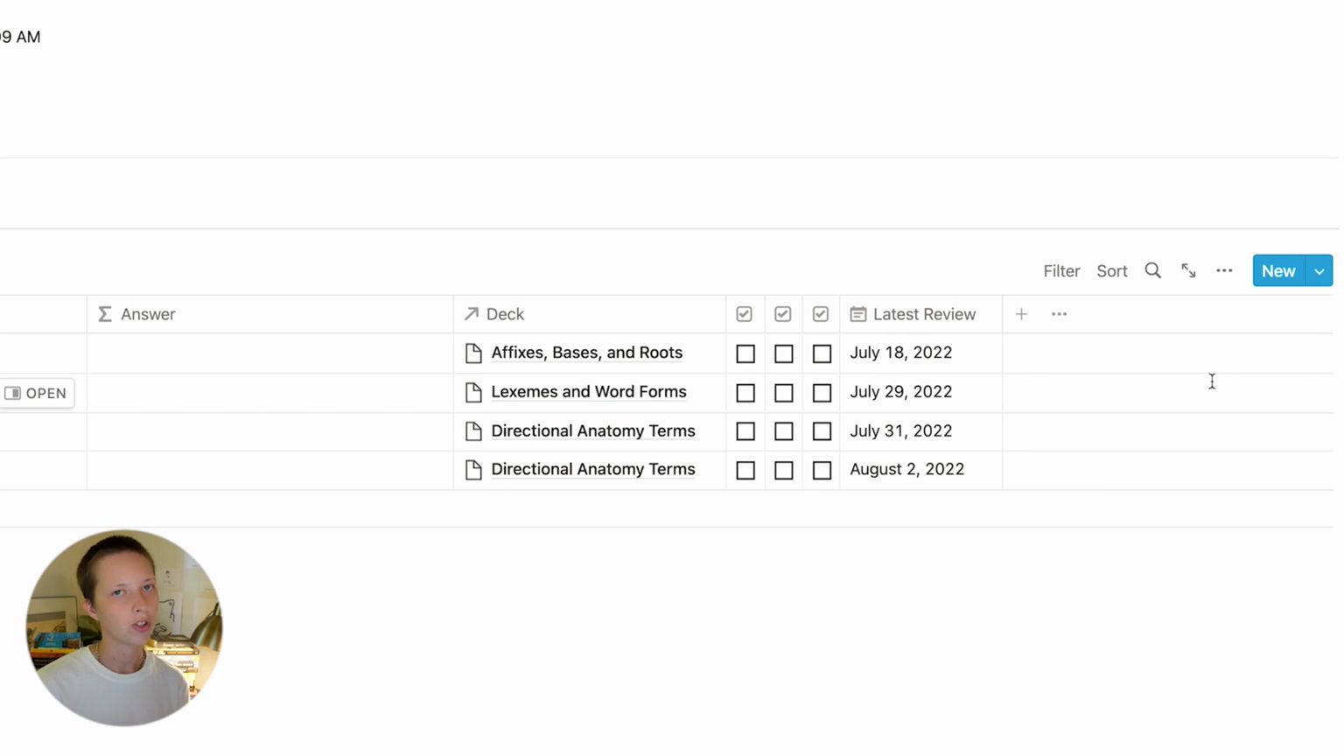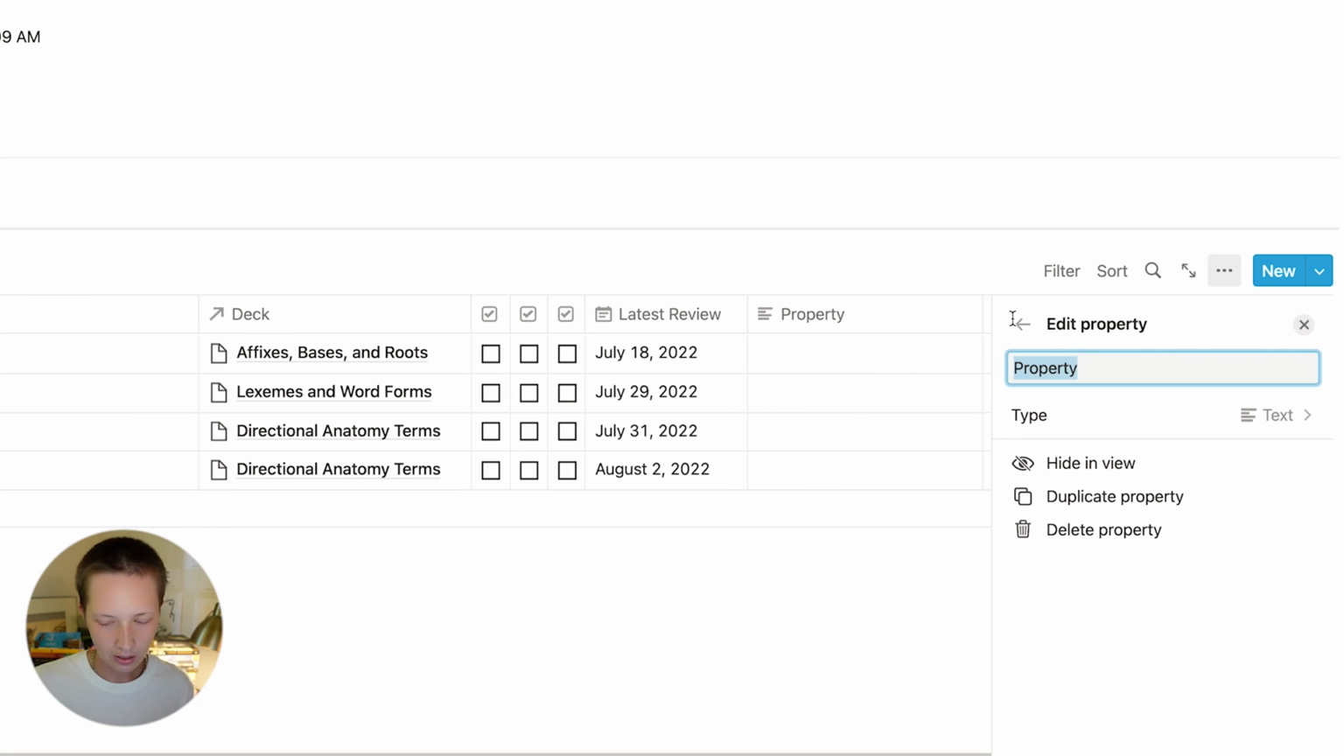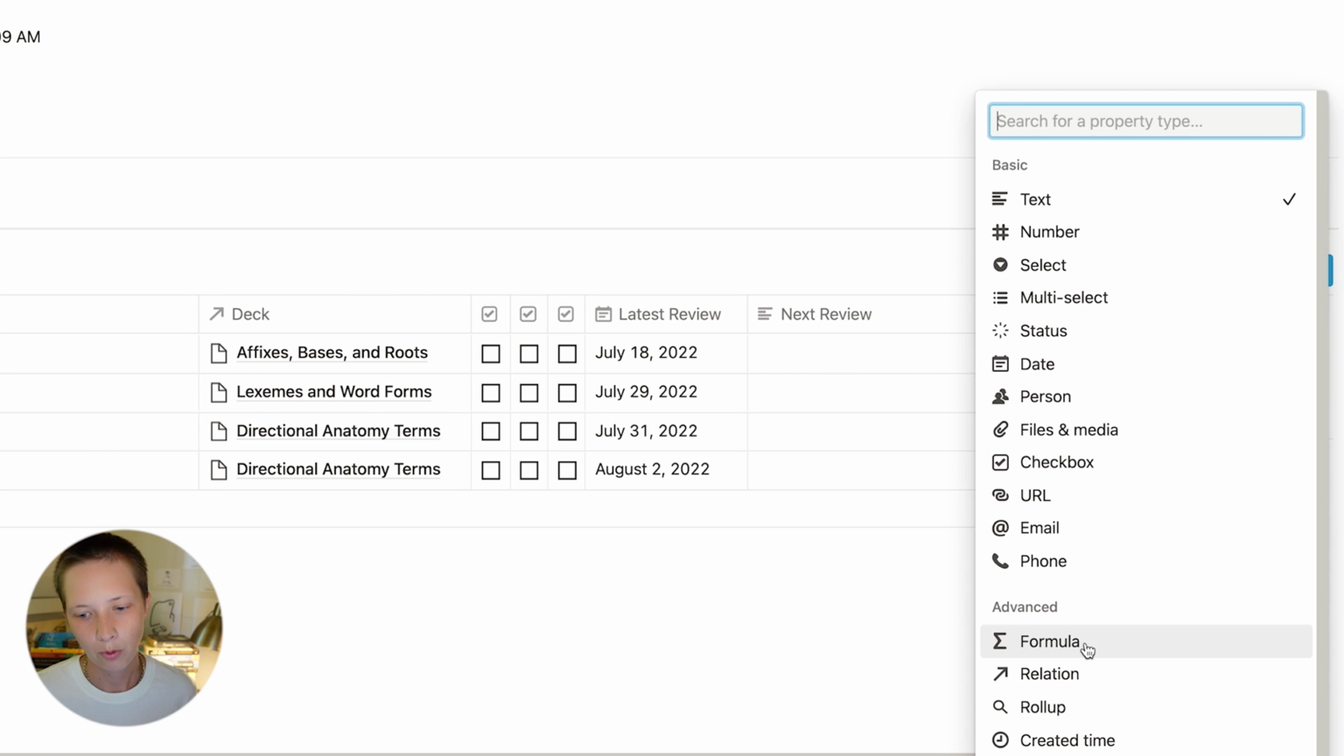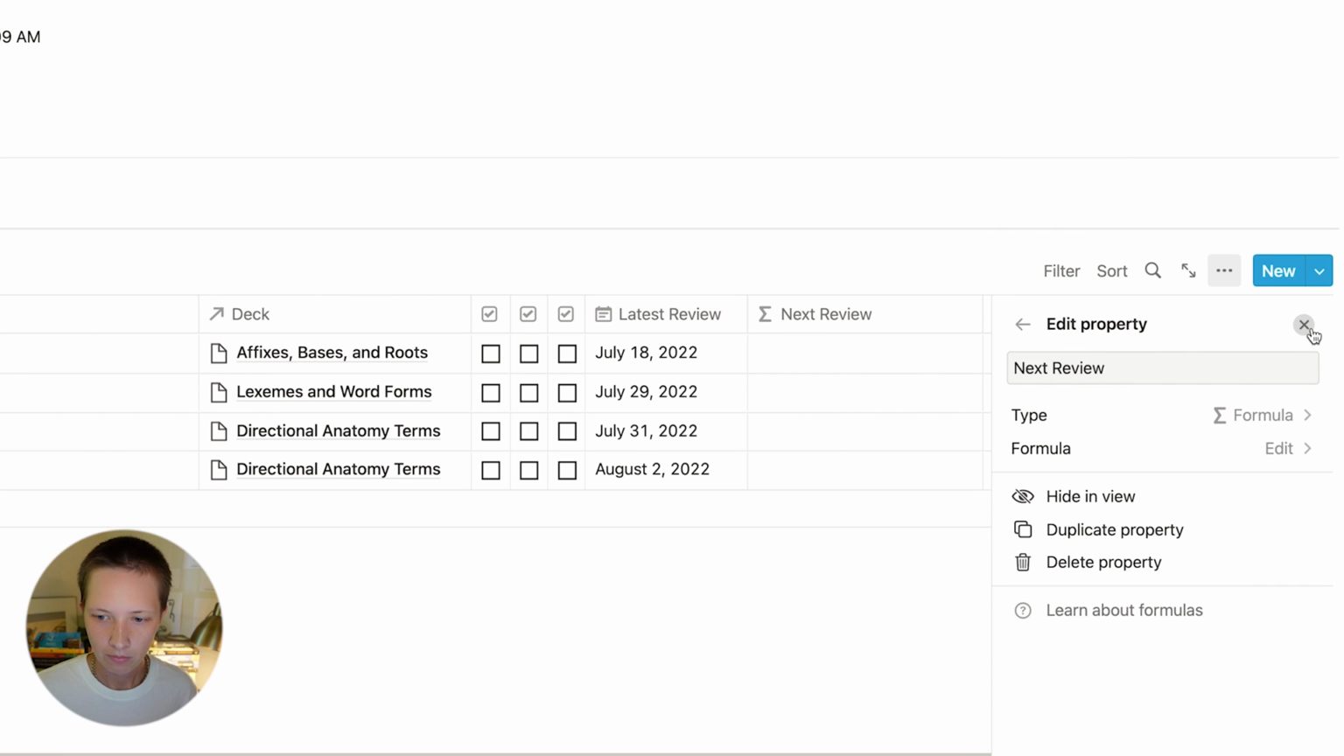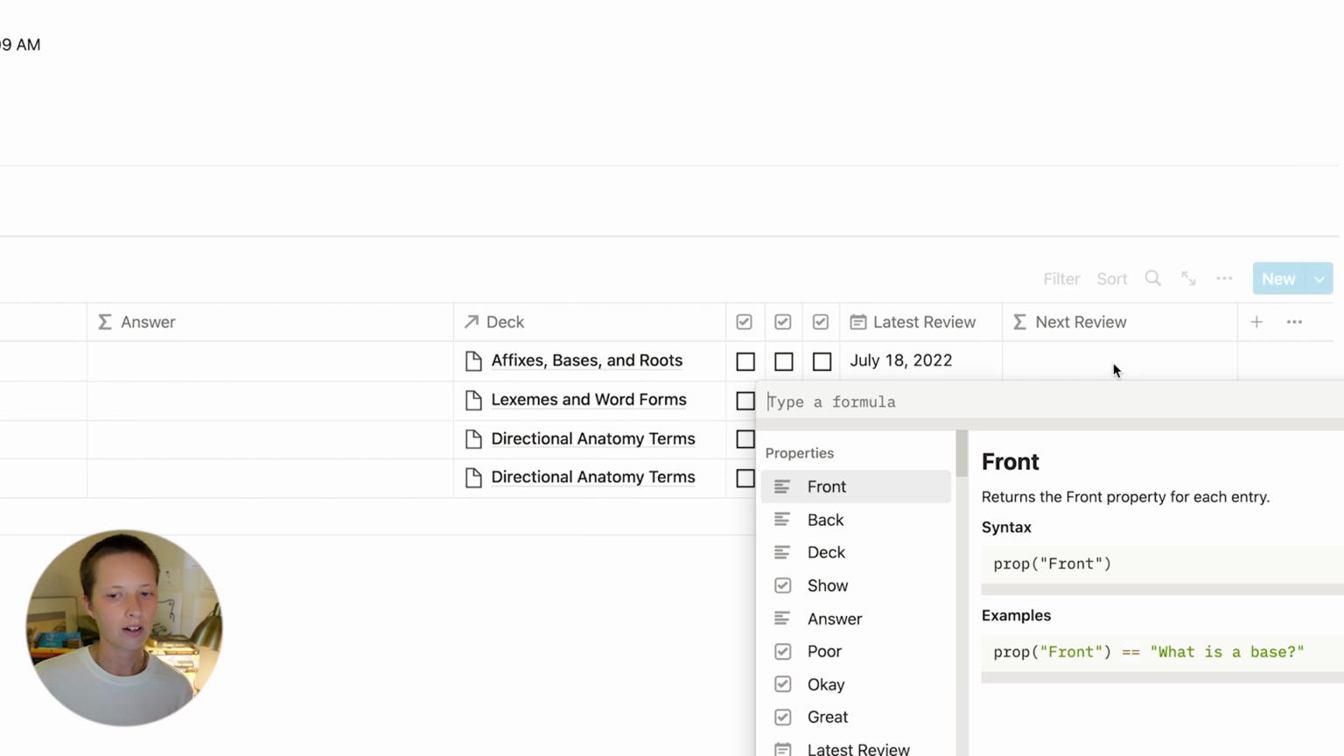So what I'm able to do with this information now is actually create one more formula property called next review. So based off of our understanding, whether it's a poor, okay, or great understanding, I can push days from this latest review. So let's add that formula called next review, type, formula. And inside of here,